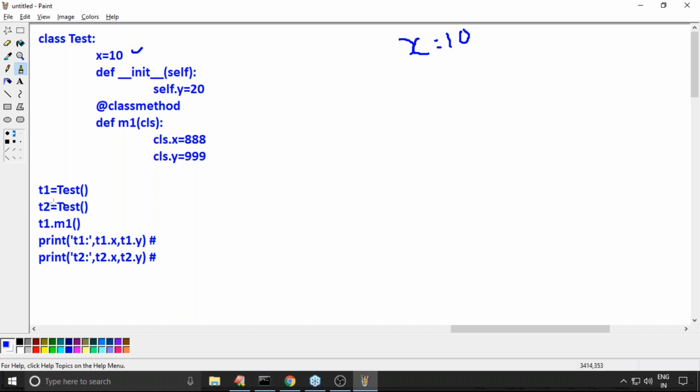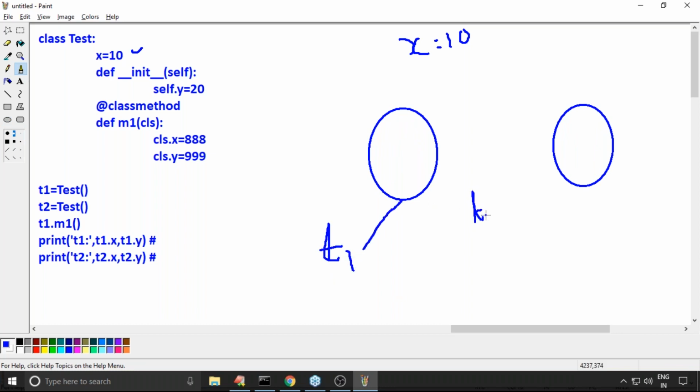Now two objects we are creating, T1 and then T2. But whenever we are creating an object, the instance variable y is equal to 20 will compulsorily be created. Like this we created.